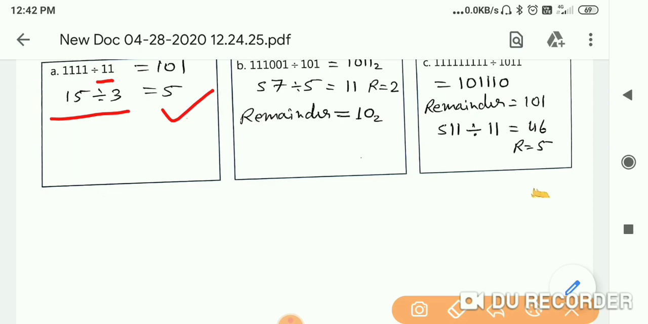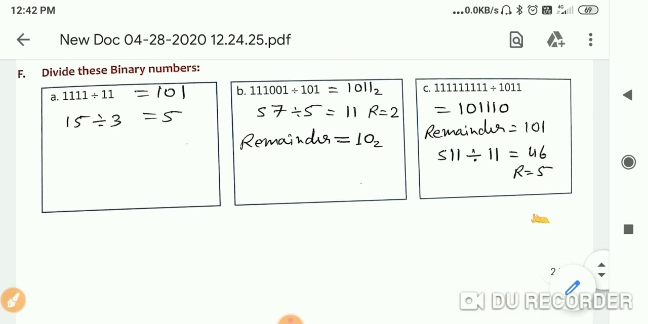The second one is 111001 divided by 101, and the answer becomes 1011 in binary. And in this question, there is a remainder, that is 10. Means if you are converting